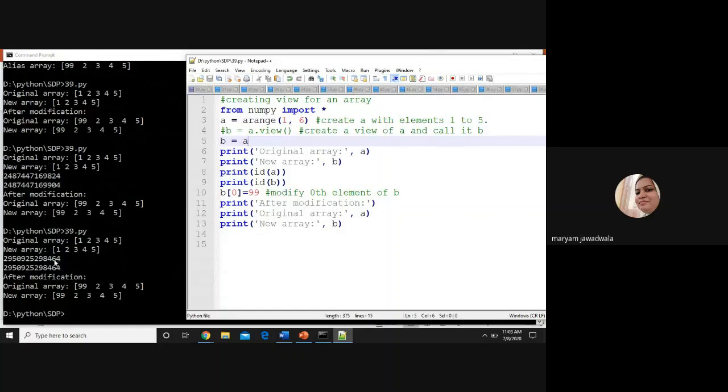The last digits 8464 mean the address of array A and B are the same, because here we are using the concept of aliasing, right? But in the previous example, B equals A dot view, we are viewing the array, which means a different copy is created, so the address in the memory is different, right? Okay. Likewise here, suppose again I